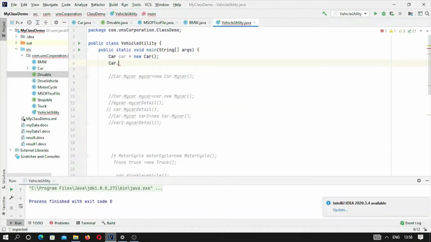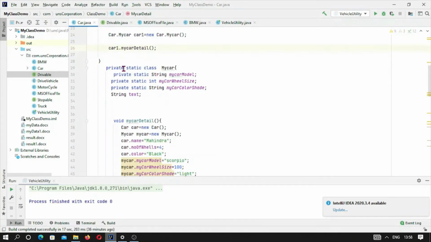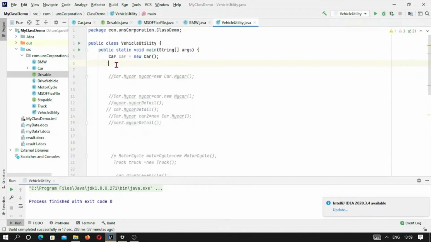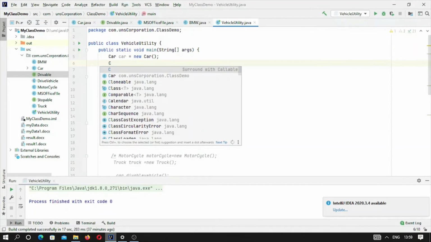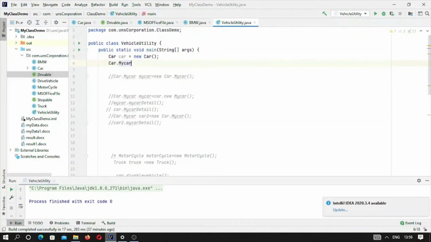This is private, so let me first make it public. Okay, you can see now it is accessible. So here you can see this is a car, and now this is my car.